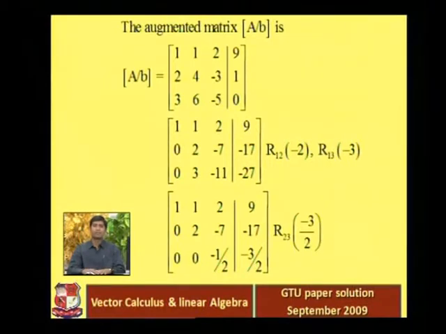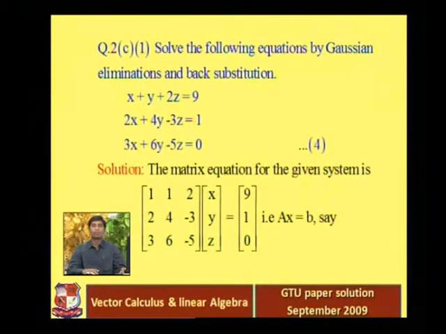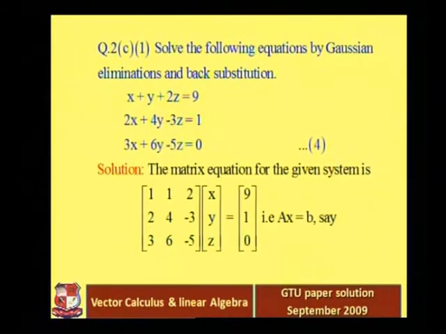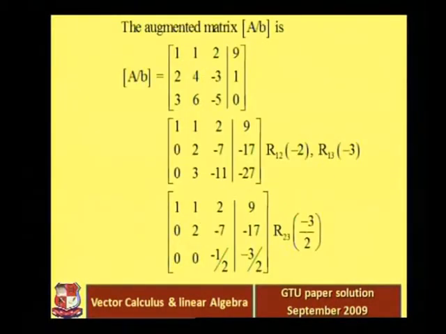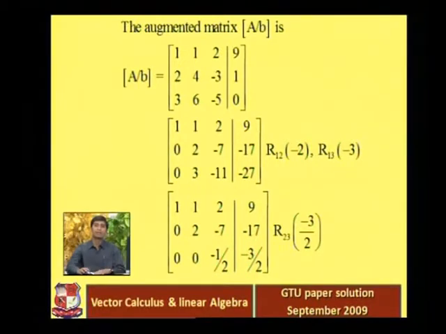But in this question we are just trying to make the given matrix into row echelon form, because in the question you can see we have to use the Gaussian elimination method, not the Gauss-Jordan method. So it is enough to convert the given matrix into row echelon form. Let's start. This is our augmented matrix. The 1 is our leading entry. Below that leading entry we want to make 0. That's why we multiply the first row by -2 and add it to the second row, and multiply the first row by -3 and add it to the third row. The first row is as it is, 1 1 2 9.